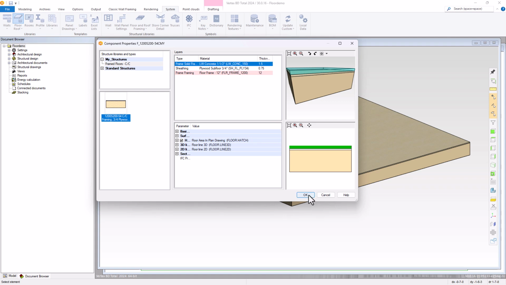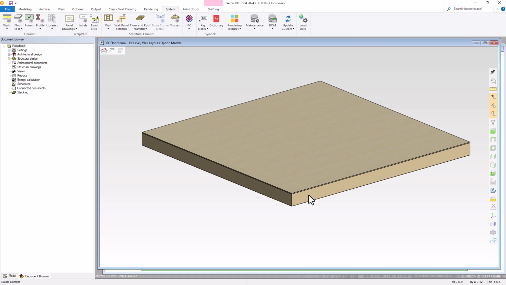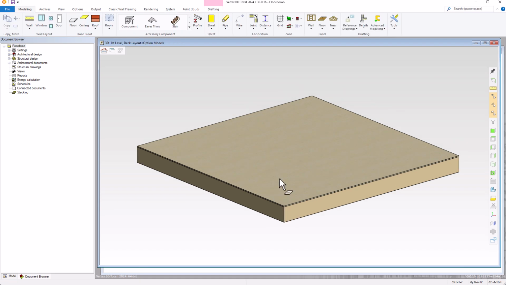Select OK to close and apply the changes. Vertex includes a robust set of floor framing tools. The available tools should meet your needs, but if you need to create a floor framing tool, I will demonstrate